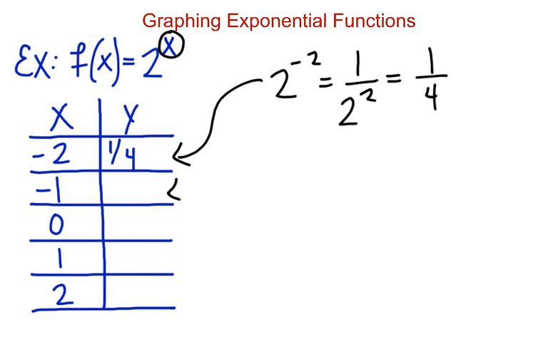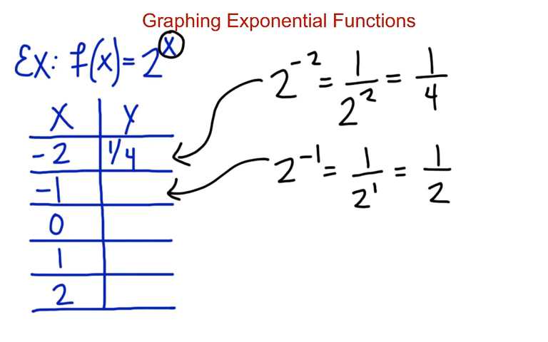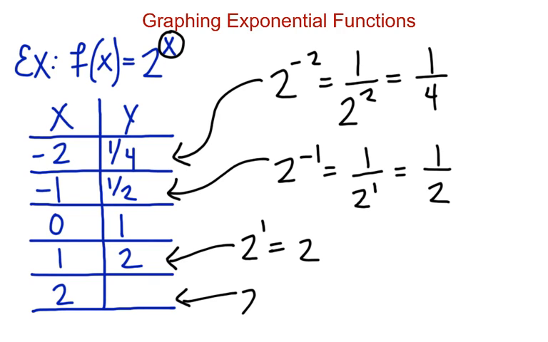And then our next value, if x is equal to -1, 2 to the power of -1 is the same as 1 over 2 to the power of 1 to make that power positive, which of course would just be 1/2. If you prefer, 0.5 as a decimal. This next value is kind of our freebie. Anything to the power of 0 is 1. And then the last two are also not too bad. 2 to the power of 1 would just be 2. So that would be this value here. And then 2 to the power of 2, 2 squared, would give us 4